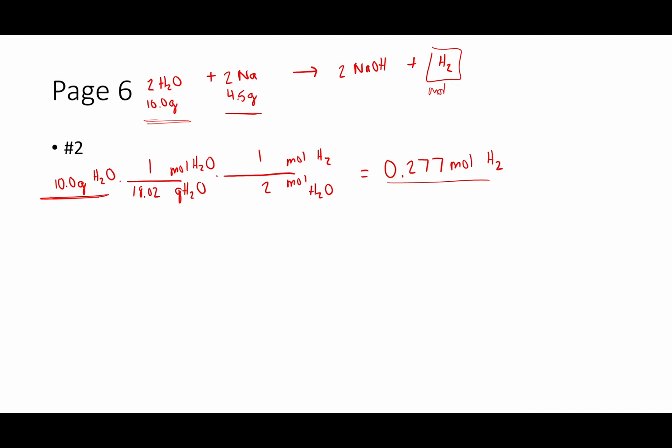Let's do this same problem, except we're going to start with sodium this time. So 4.5 grams of Na, grams of Na to moles of Na, moles of sodium to moles of hydrogen gas. Another gram to mole conversion. So 1 mole of sodium is the same thing as 22.99 or 23 grams of sodium. 1 mole of hydrogen gas to 2 moles of sodium. So I divide 4.5 divided by 22.99 divided by 2, and that gives me